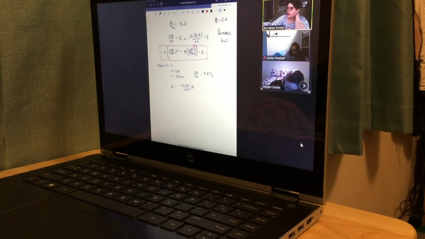So Faraday's law now reduces down to our changing field times the area times the number of loops. So I have 500 loops. My changing field is 0.2 Tesla per second. And my area is going to be pi r squared. Now, if I multiply all of that out,